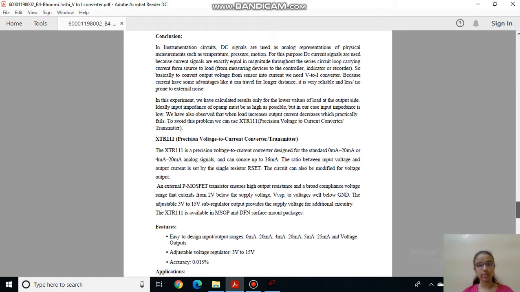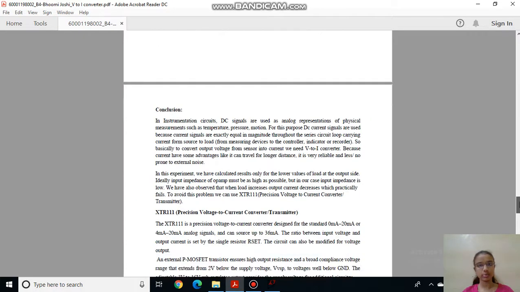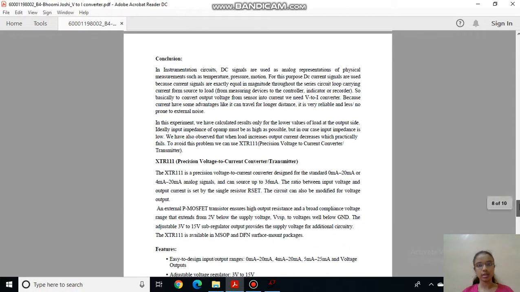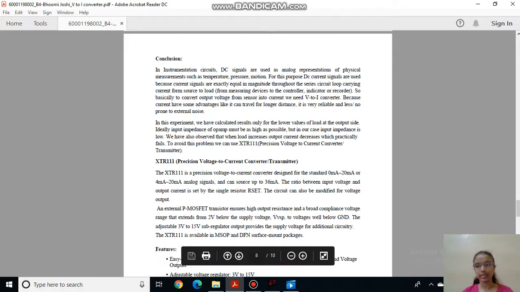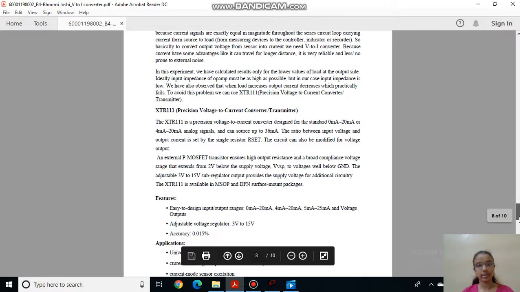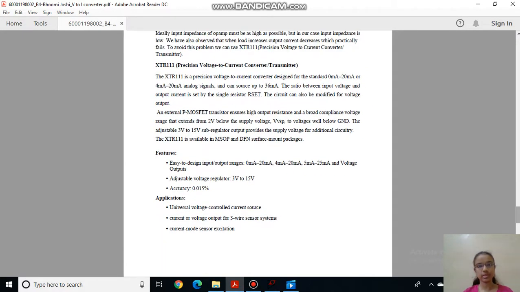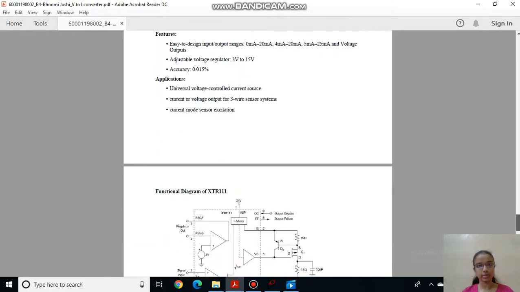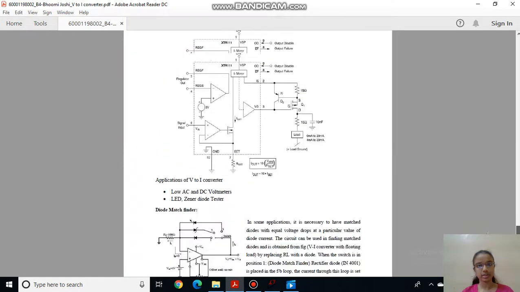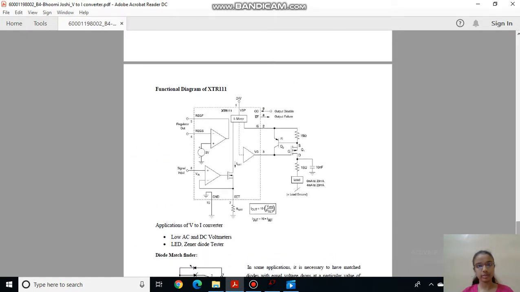So here using op-amp, V2I converter fails practically. For that we have to use XTR111, which is a precision voltage to current converter. As you can see, this is a functional diagram of XTR111. As I said,